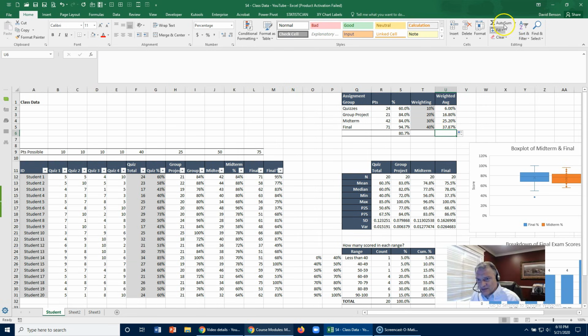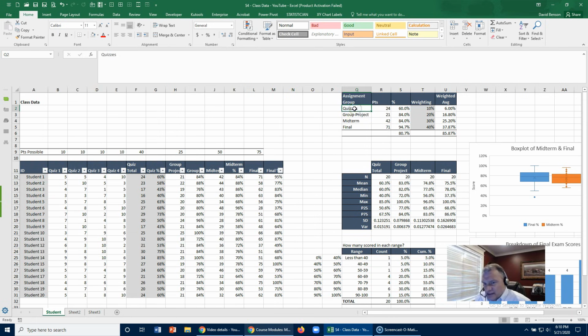Now if I sum this up, he actually is going to get in the class 85.87%, and if I wanted to, I could then have you do a VLOOKUP that brought over the grade. Is that a B, a B+, whatever that is. But I could bring that over, and so what this is doing is putting a lot more weight on the fact that he did better on the final than he did on